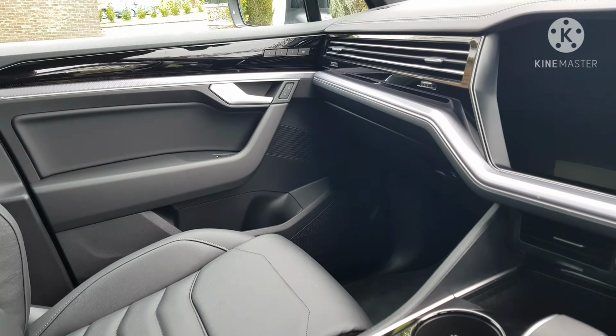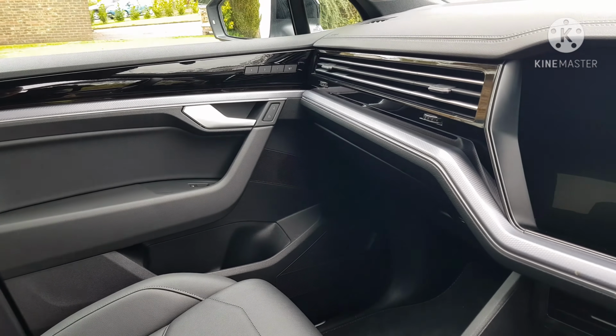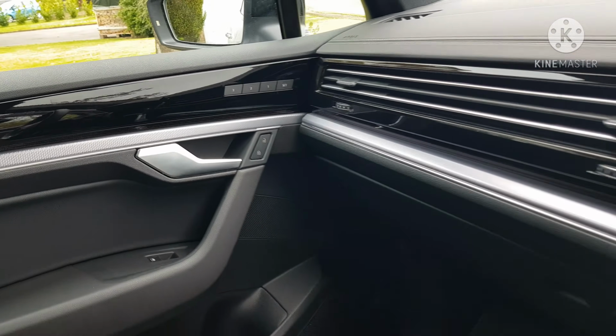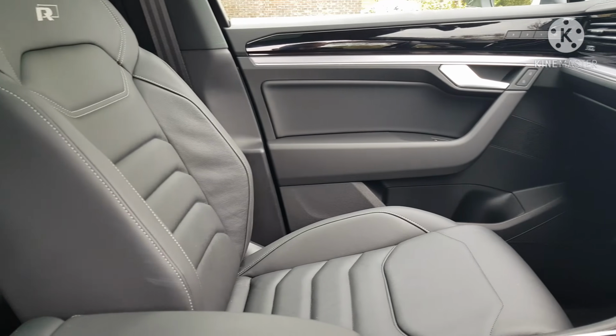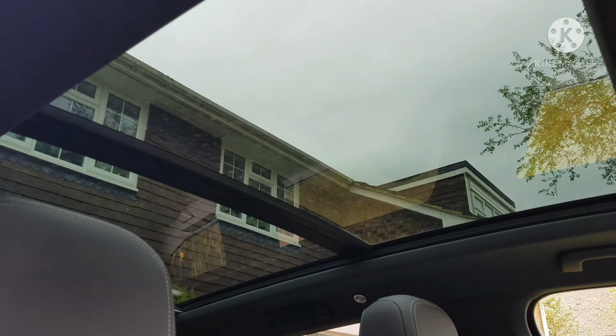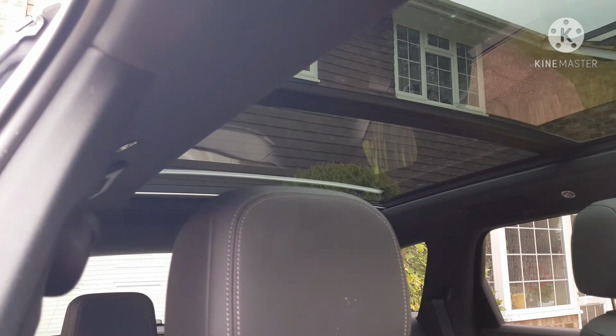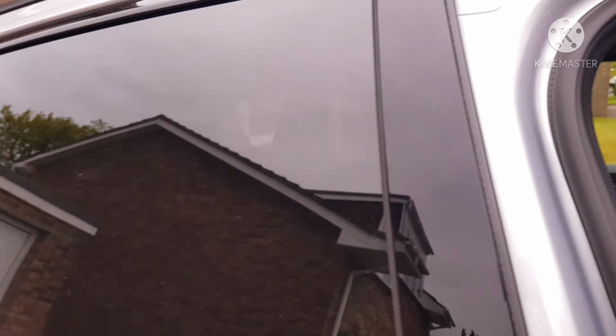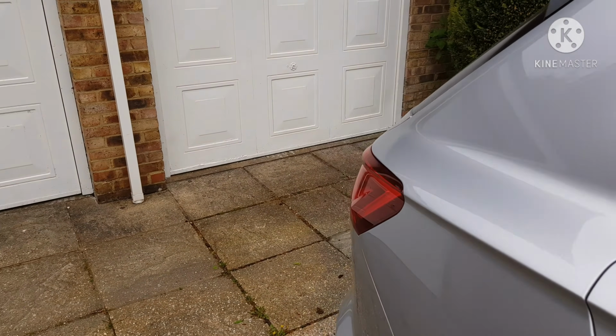Passenger side is very spacious, large. Good air vents, good sizes. You've even got dual air vents there and over there. So ample to blast in your face with fresh air. Lovely full panoramic roof, which is incredibly slow when it opens and closes, but that is nice. Yeah, I like that a lot. Very smart. So let's go into the rear,